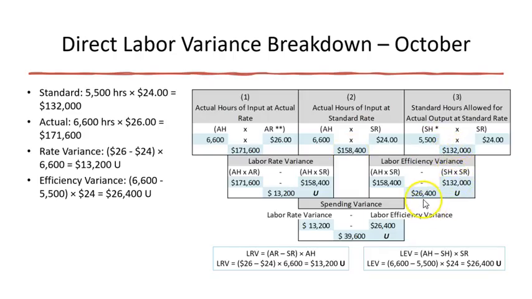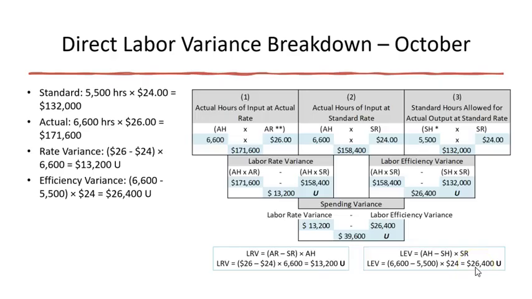The difference in the labor rate variance is 26,400. Those extra 1,100 hours that they spent at the standard rate of $24 yielded an unfavorable variance of 26,400. This is what we see in the equation method as well too. The actual hours, 6,600, minus the standard hours of 5,500, 1,100 hours, times the $24,